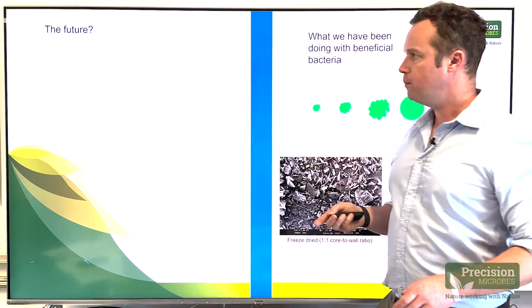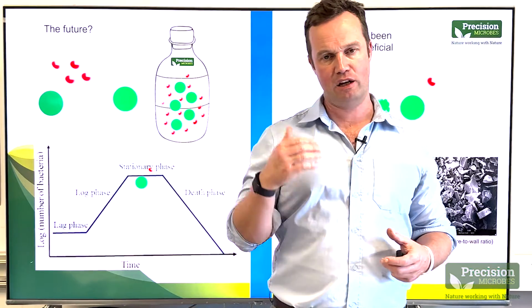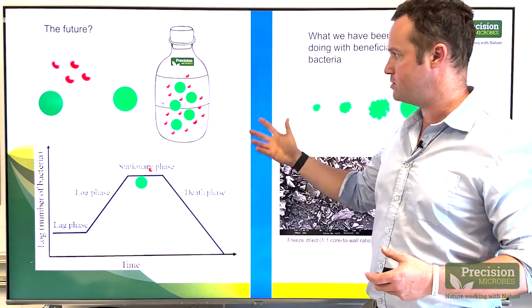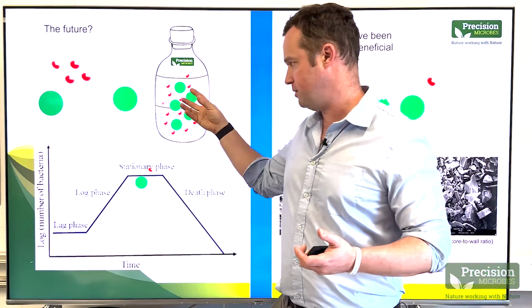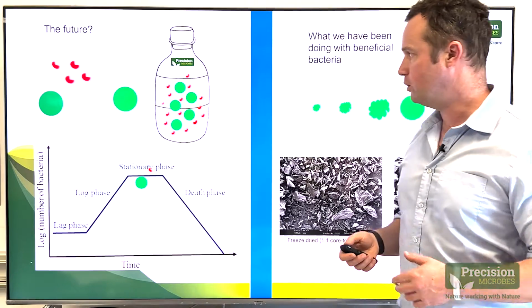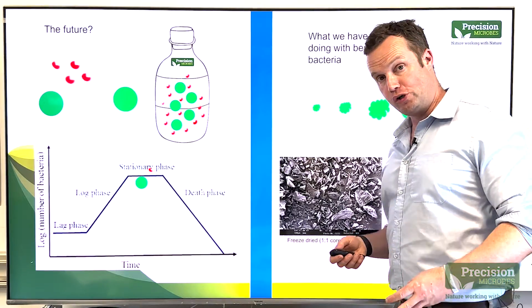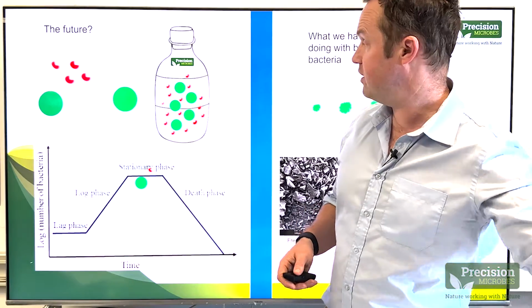What are we doing? Precision Microbes, it's all about liquids. It's all about live bacteria in a controlled, dormant pH environment. So in our liquid, we've actually got the beneficial microbes, and we've also got the metabolites. And that's something we do in all our propagation processes when we look at liquids. So if you're looking at ultra low dosing, like I'll talk about in a bit,